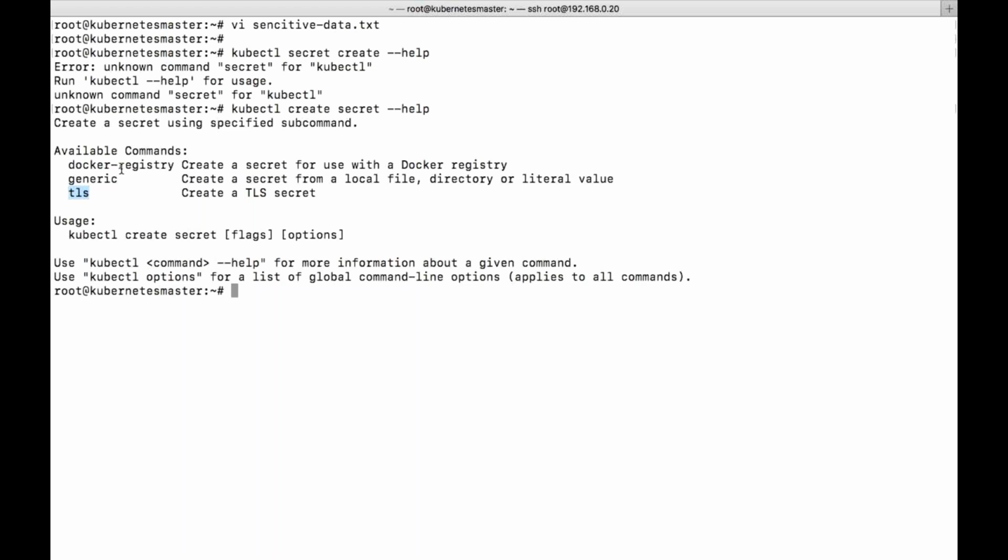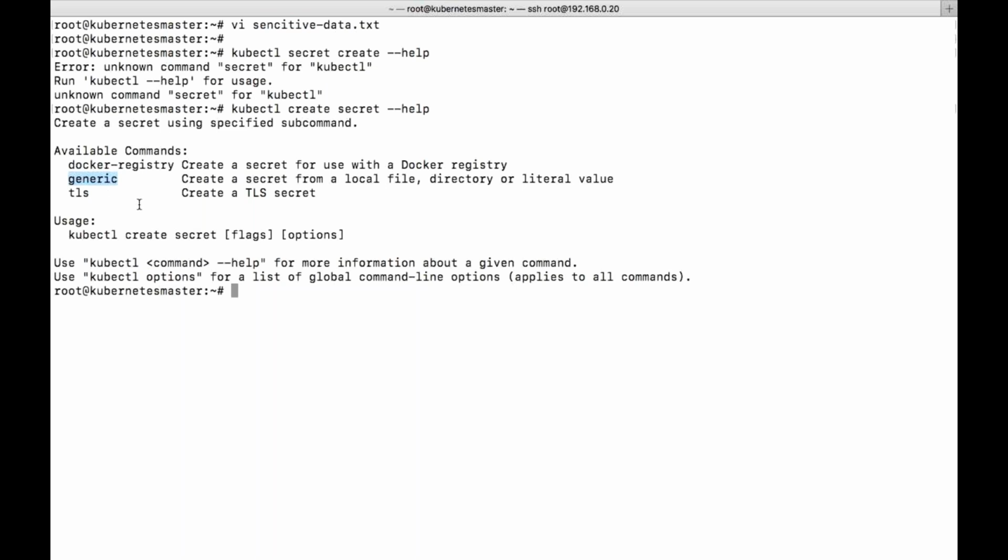So if you want to hide this particular information, we need to use a parameter called Docker registry. If you are using a normal generic thing like from the files what we have created, so this is the file. I want to protect this particular data. So for that you can go for generic. It is not required to give a flag like Docker registry or TLS. Okay, so it's not required.